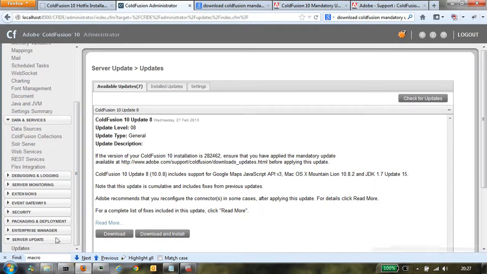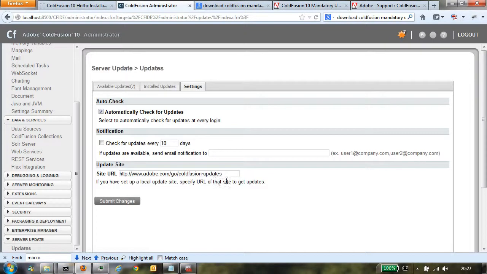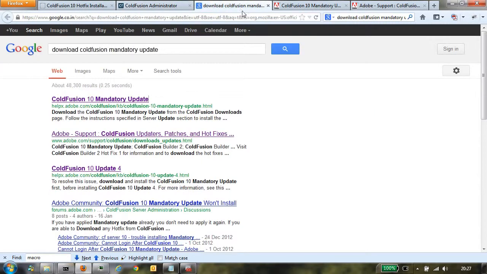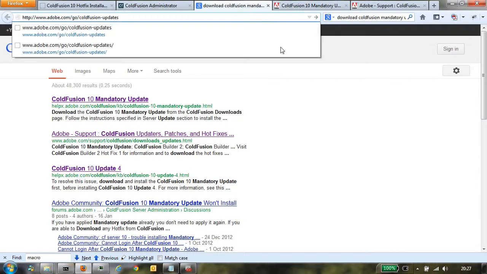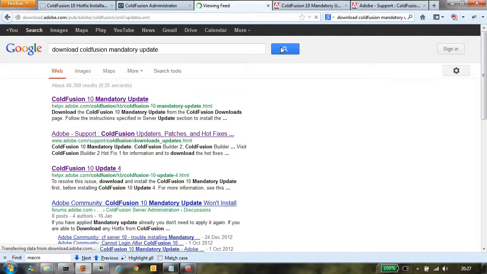Under server updates, go to the settings tab. The update site URL is there on this page. Copy the URL and paste it in the browser.